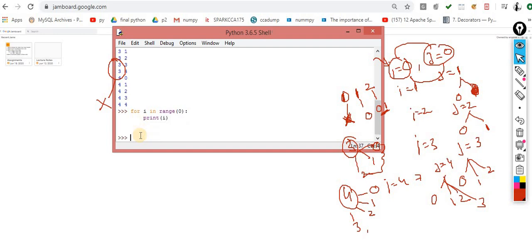Nothing happens on the screen. Why so? Because this step is always n minus 1, so the minimum value there should be 1. If the minimum value is 1, then it will execute only for 0. Now observe the output.